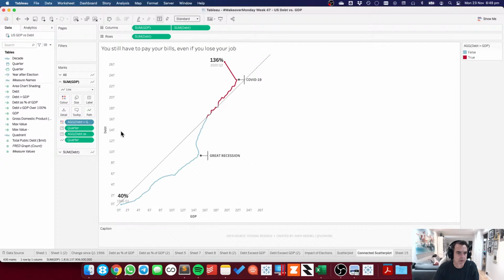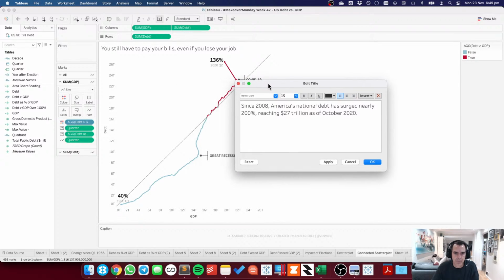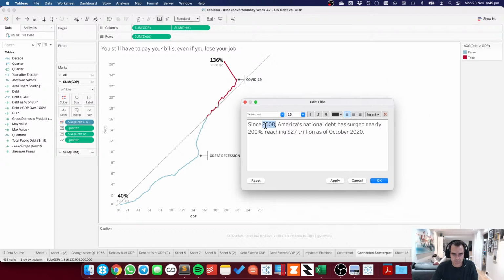So since the Great America's national debt, oh, you know what, this will be much easier.